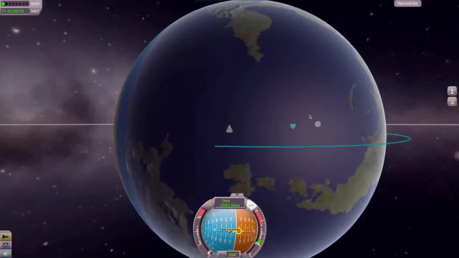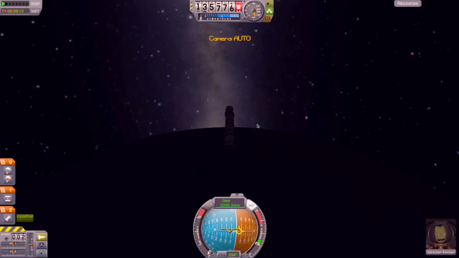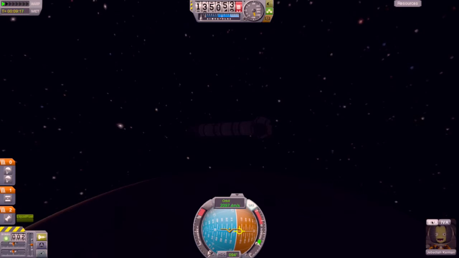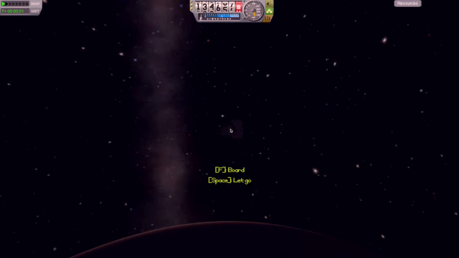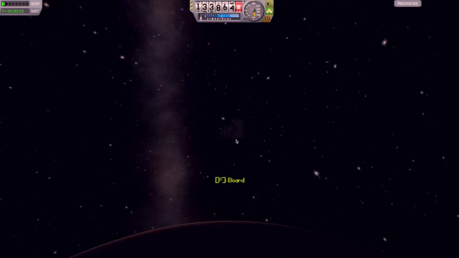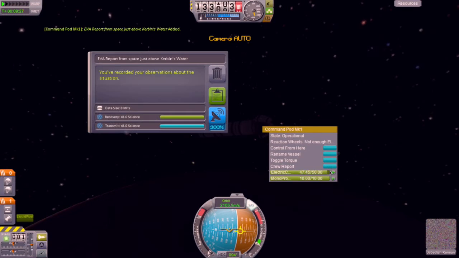But because the planet spins, of course. So, I'm going to quickly EVA, get a report. I'll get 8 science for this. Why is that? Actually, if I get on the ship, right click, I can click review stored data. Okay, EVA report